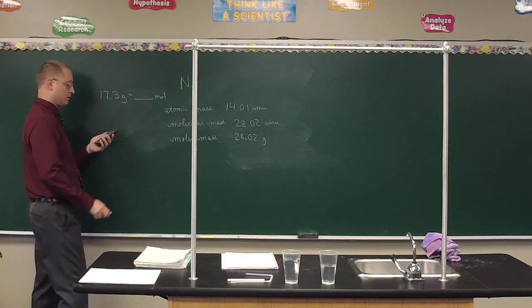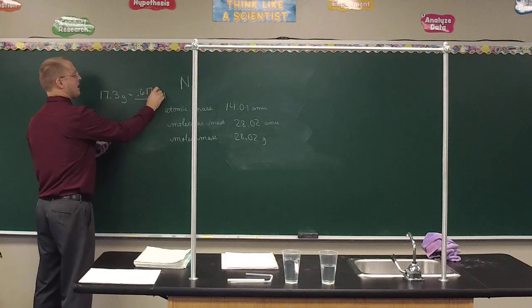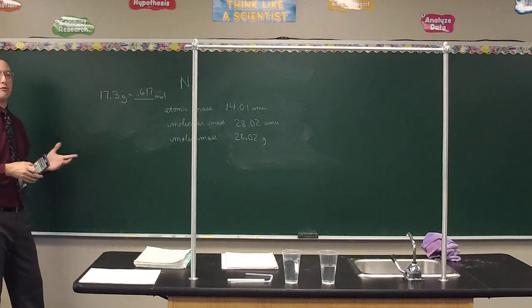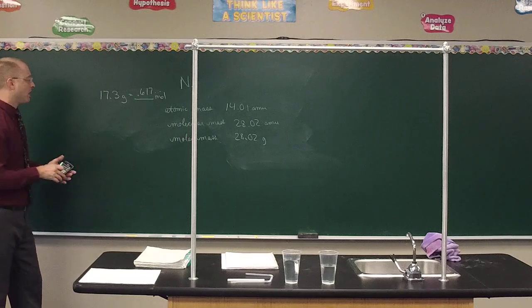Call it when you got it. 0.6. 0.617, blah, blah, blah, right? So if we rounded, 0.617 moles, a little over half of a mole. Does that make sense? What if I had